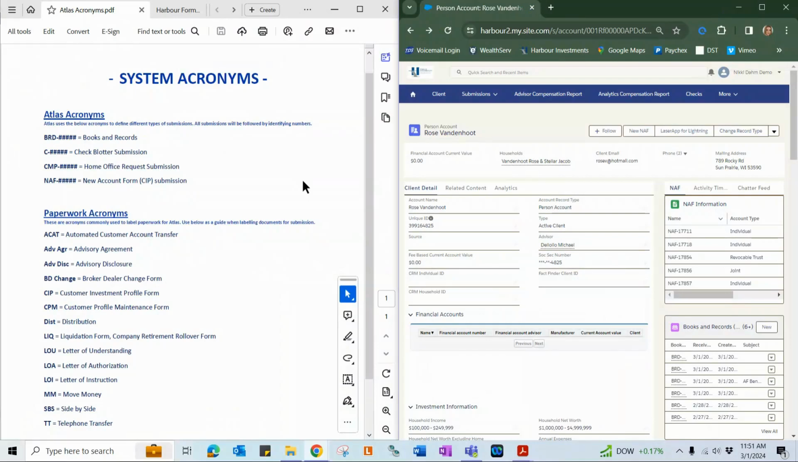In today's training, I will be talking about common system acronyms, Harbor form abbreviations, and home office request submission type definitions. We will first talk about acronyms. On the left-hand side, I have an acronyms PDF we have created. It's going to show specific Atlas acronyms as well as paperwork acronyms that you should become familiar with in the